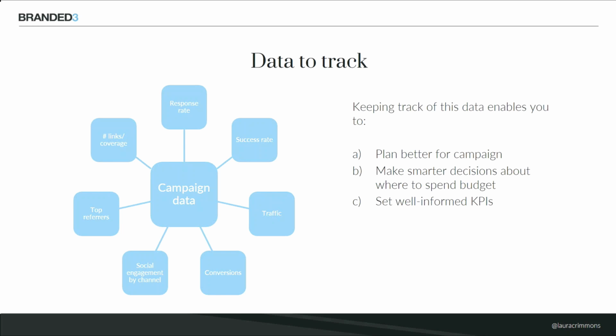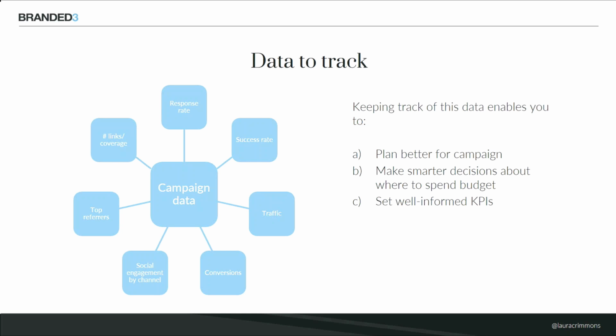So we can look at all the different types of campaigns that we run and what type of response rate they get from journalists and from bloggers, and then also what that converts to in terms of success rate. So from contacting 100 journalists, how many links did we then get, or how much coverage did we then get? Because sometimes if you just track the end number and don't think about how many people you had to contact to get that, it's hard to know whether it was successful, and because people were really interested in it, or because you kept hammering enough people until you got there in the end.